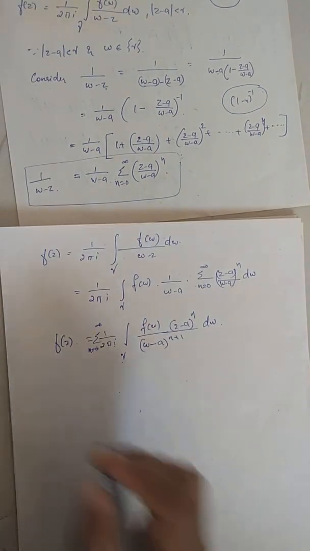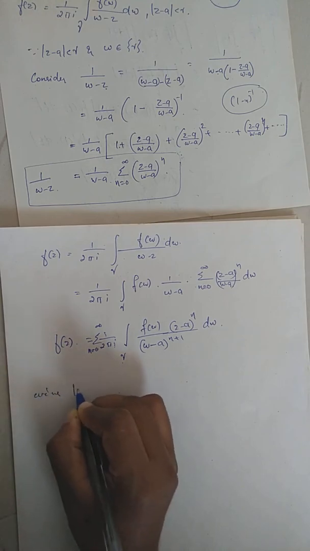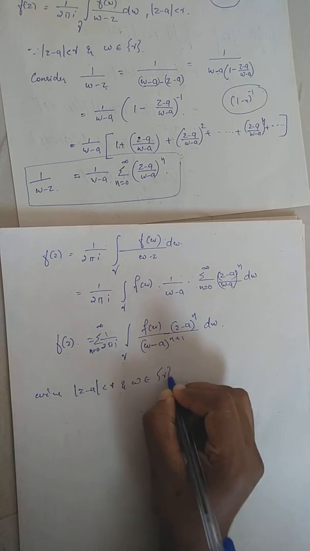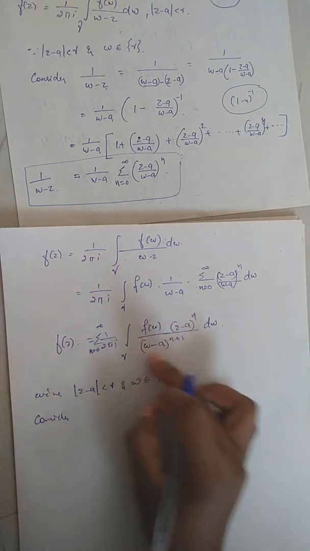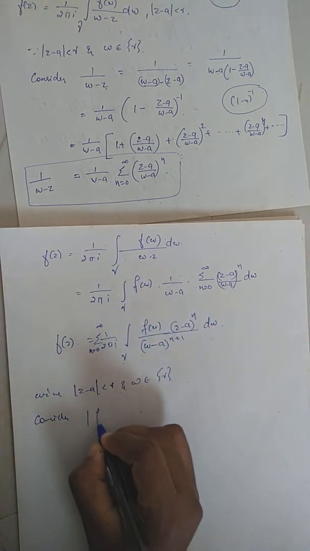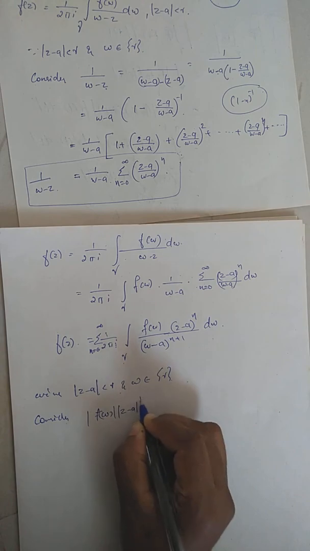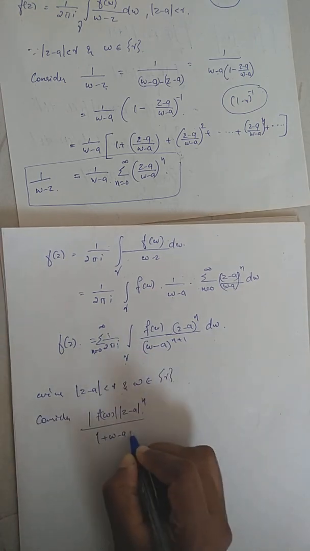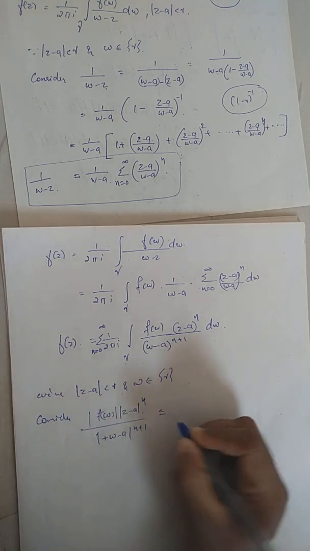Okay, now consider the term. Already we have mod z minus a is less than r and w belongs to the trace of gamma, right? Now consider the modulus of this whole term, that is modulus of f(w) times modulus of (z minus a) raised to n divided by modulus of (w minus a) raised to n plus 1, and this will be less than or equal to,